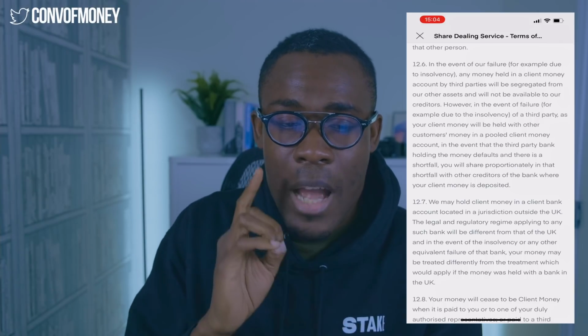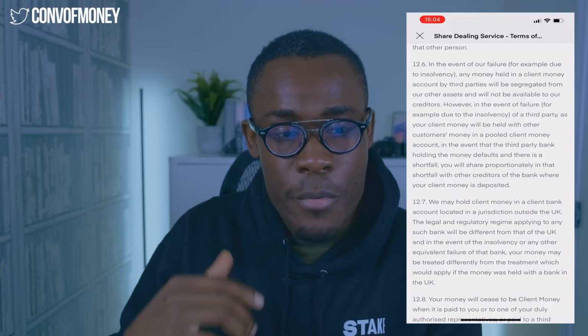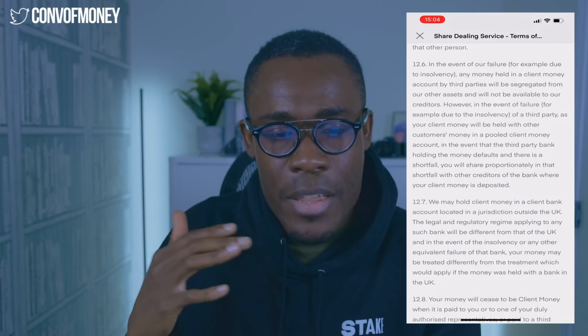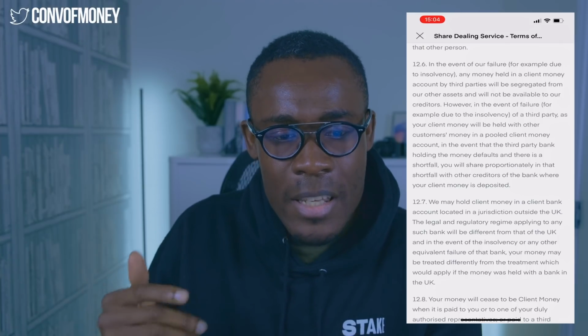However, they do continue, and it says, however, in the event of failure, for example, due to insolvency of a third party, as your client money will be held with other customers' money in a pooled client account, in the event that the third party bank holding the money defaults and there is a shortfall, you will share proportionally in that shortfall with other creditors of the bank where your client money is deposited. What that essentially means is that if they are using a third party bank to hold your funds, and that third party bank were to go bust,